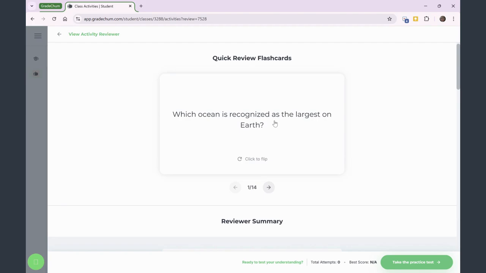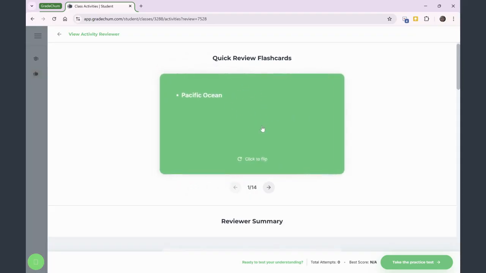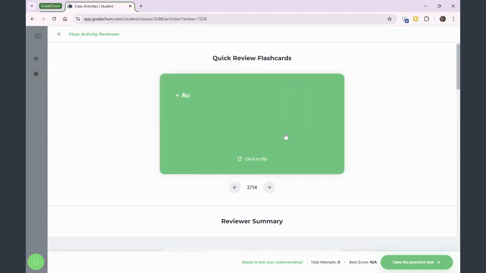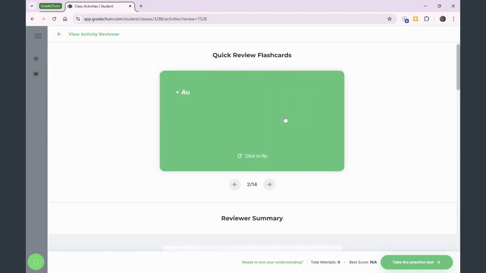and in this reviewer, you will learn about the topics the activity will be about by going through this activity reviewer. To review the flashcards, this is the question here. If you click that, it will flip and reveal the answer to you. It's that easy to review for the upcoming task that the teacher will be giving you. So click next. Another question, then if you flip, that would be the answer.